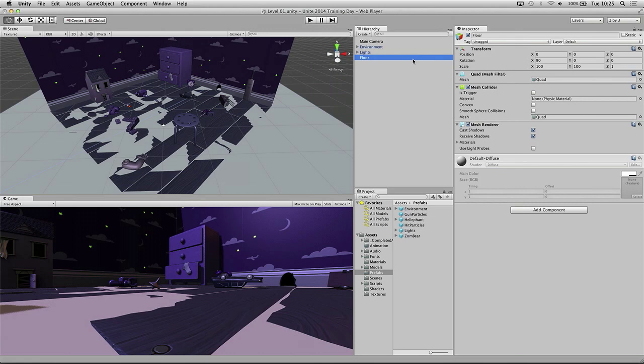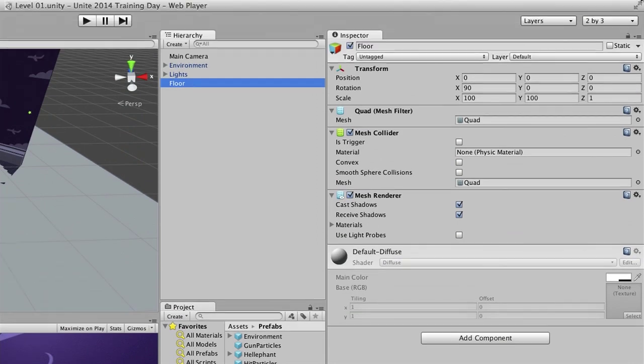Anytime. Okay, so the next thing we're going to do is to make this invisible. Obviously, you'll notice that it looks pretty horrendous right now. It is a nightmare. We don't want to actually see this. What we want to do is use the collider, so the outline of this shape. We don't want to use this kind of gray for any reason whatsoever. So a quad is made visible by this mesh renderer component. And because we don't want that, we're just going to go ahead and remove it.